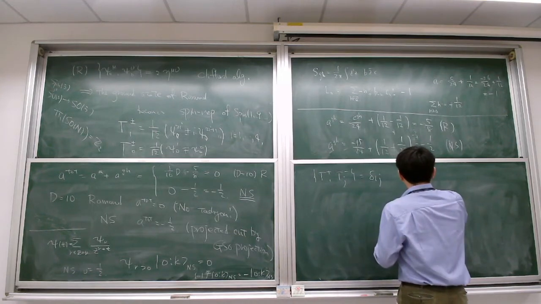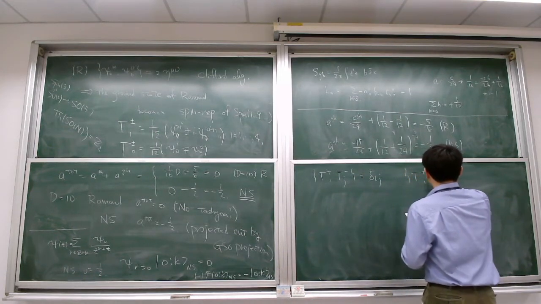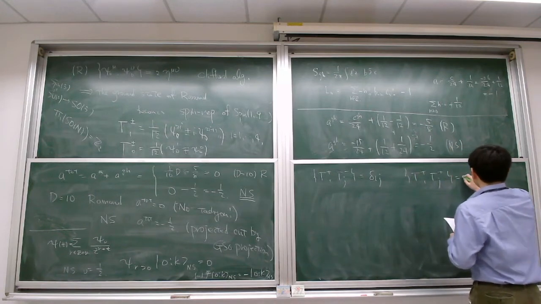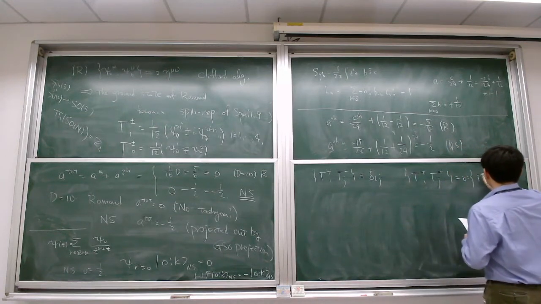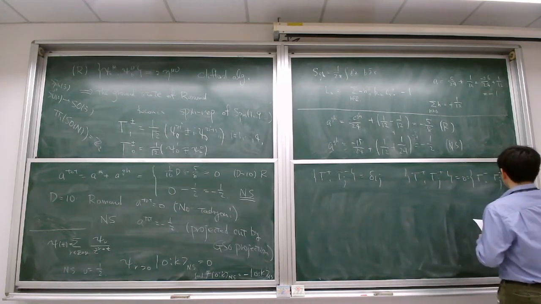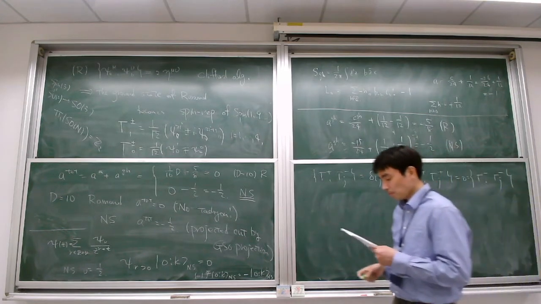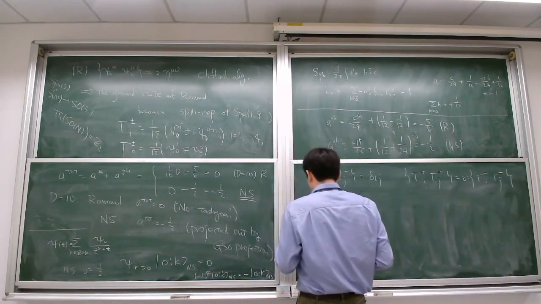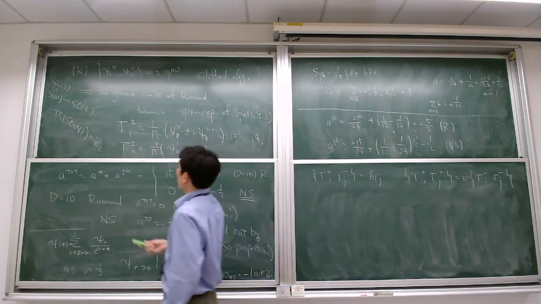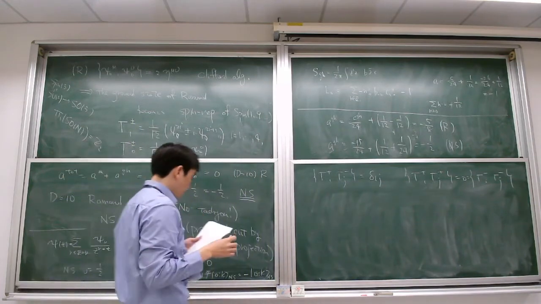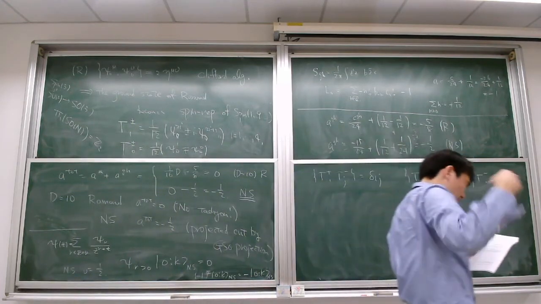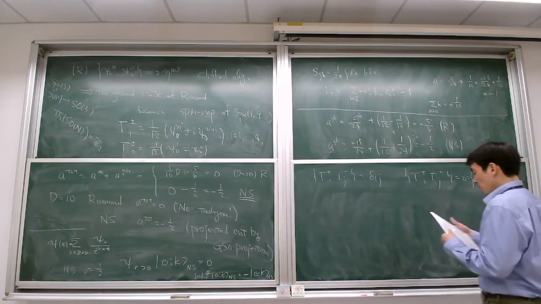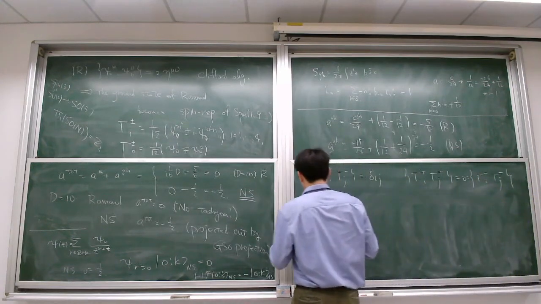And then gamma plus ij. The rest are trivial. And gamma plus minus will act as the raising and lowering operators, and that generates